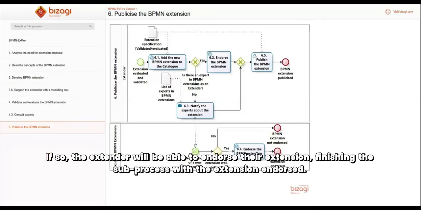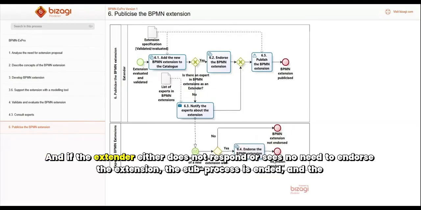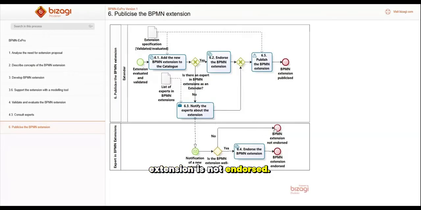If so, the extender will be able to endorse their extension, finishing the sub-process with the extension endorsed, and if the extender either does not respond or sees no need to endorse the extension, the sub-process is ended and the extension is not endorsed. This is the